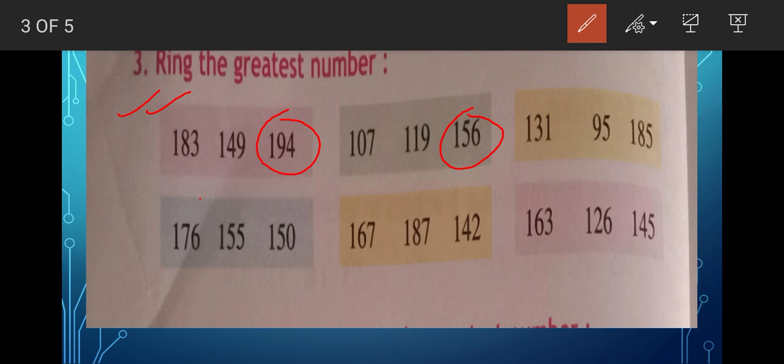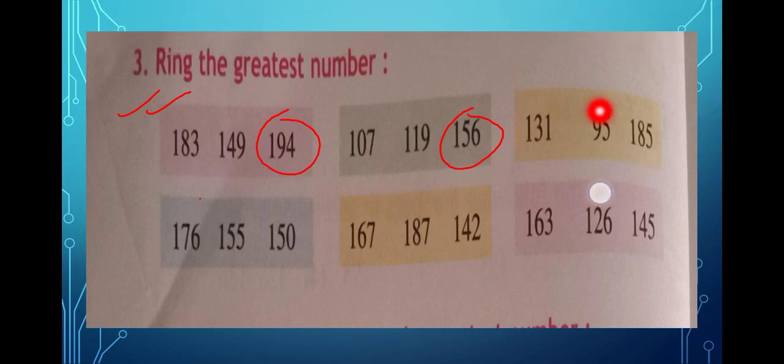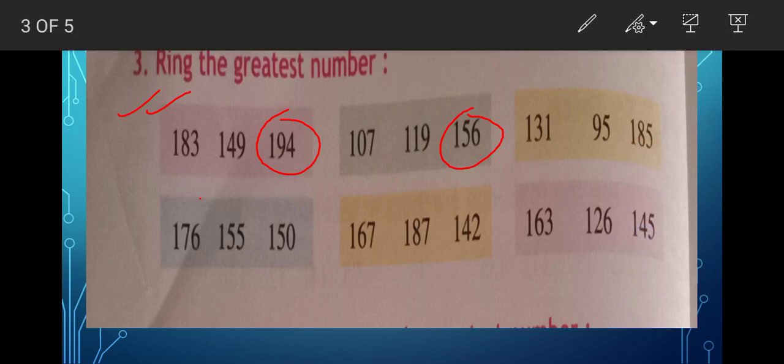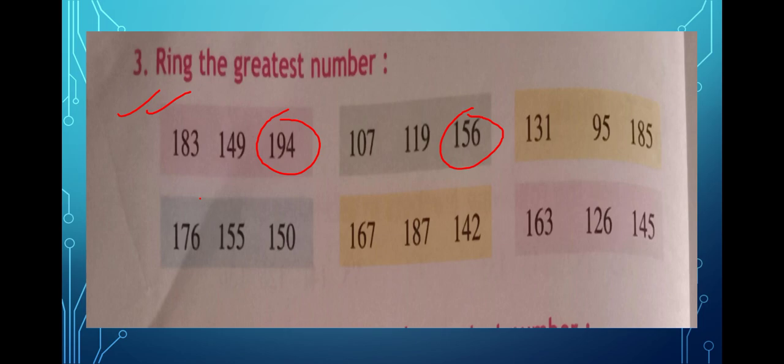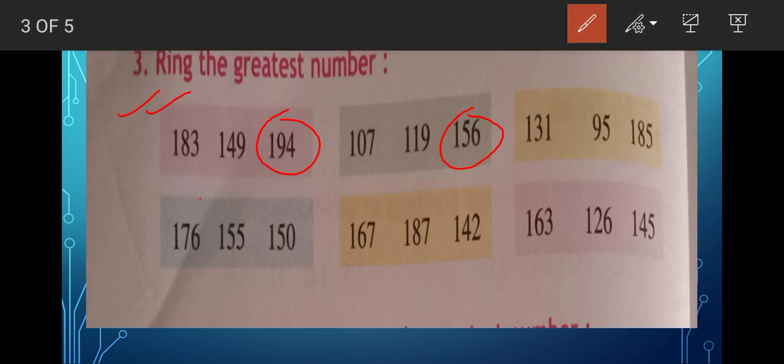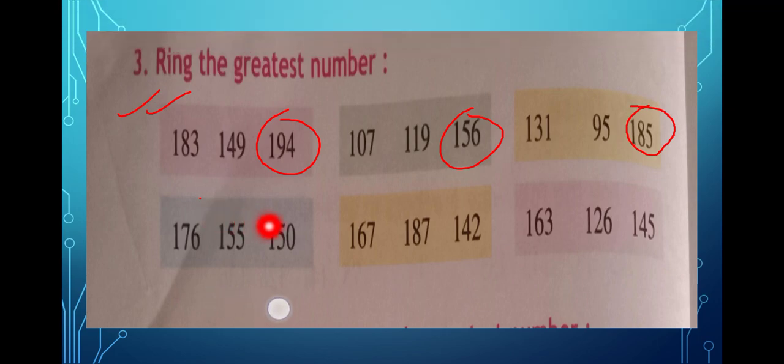In the same way here, see, this is a 2-digit number, so this one will not be great. So here it is 1 in hundreds place, here also it is 1 in hundreds place, it is 3 in the tens place, and it is 8 in tens place. So the greatest number is 185, isn't it? So you can write the first line in your copy, and these 3 you have to do in your textbook by yourself. Okay.